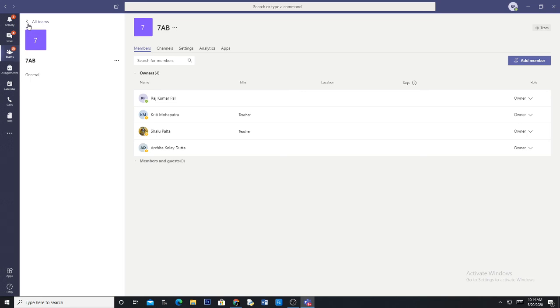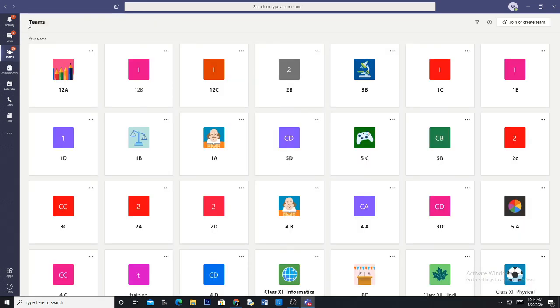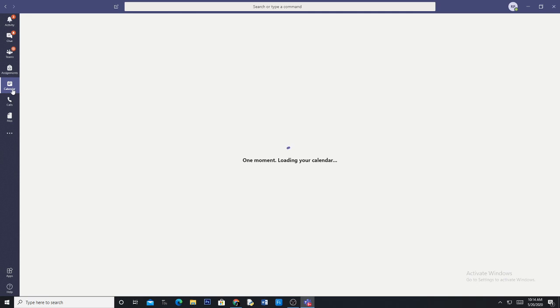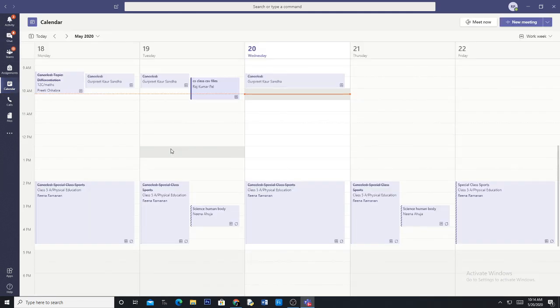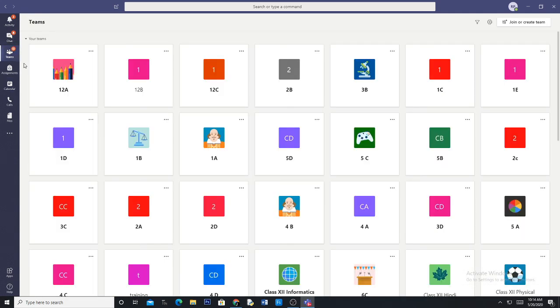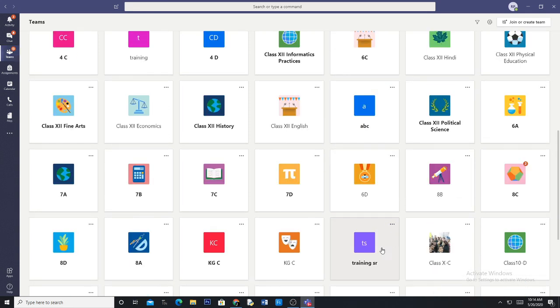Once this is done, then it is very simple, the way I did in my last video, to schedule a meeting, which you already know. Through the calendar you have to schedule it. Once the meeting is scheduled, automatically the students will get a notification in the Teams in 7th AB.